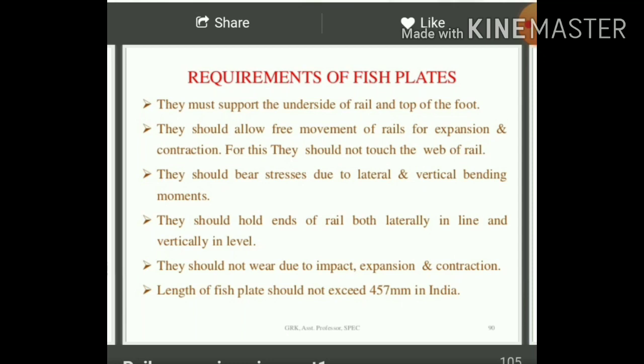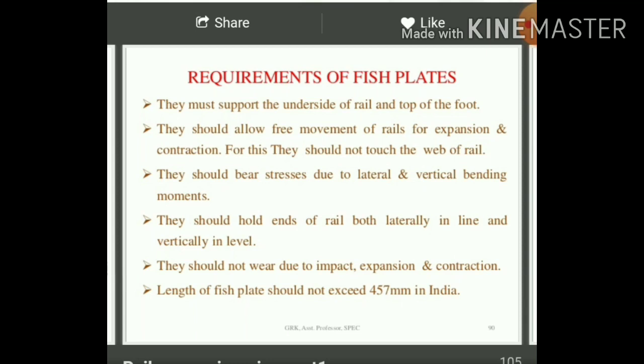Understand now? This is one of the most important considerations we need to take into account even while selecting a particular rail for a particular purpose. Because of wear, temperature changes, different failures or different impacts on rails, they should not undergo any wear. And they should also bear certain impact loads, as well as expansion and contraction.